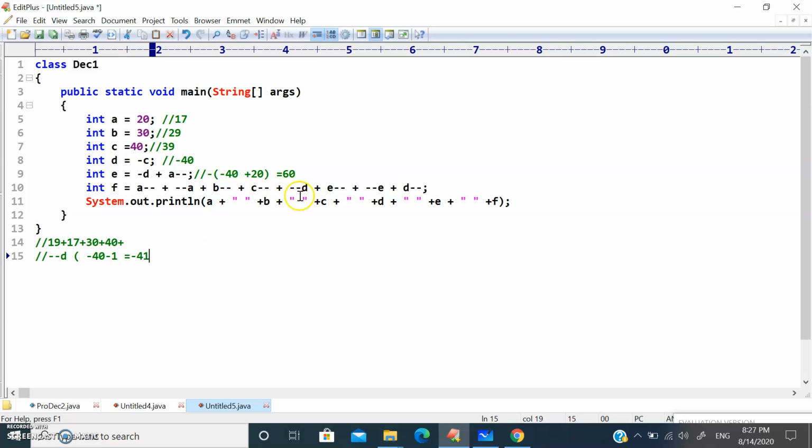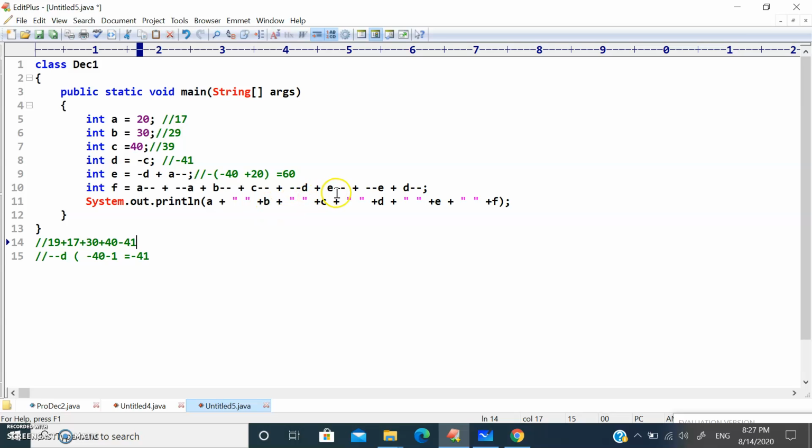Because minus minus D means we need to decrement, but here we have the value as minus 40, so in that case we need to calculate minus 40 minus 1. We are going to get the value as minus 41. And then here the value is going to be minus 41.